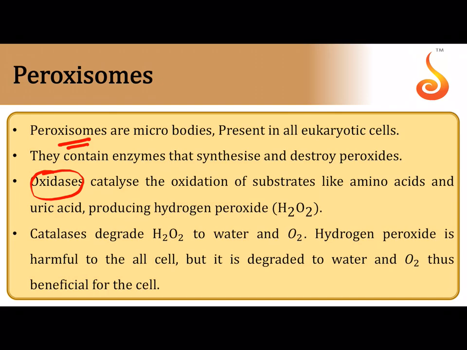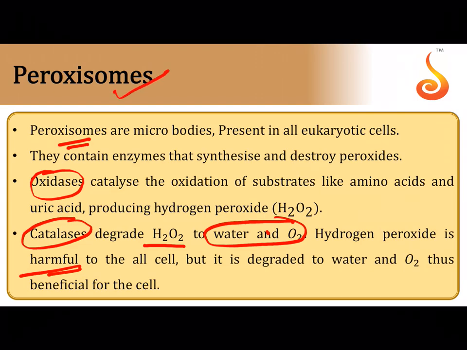what did I say? Peroxide. There are enzymes which degrade peroxide within the peroxisomes. The enzyme which degrades peroxides is called catalase. So two types of enzymes. Glycolate oxidase is an enzyme that synthesizes peroxide, and catalase is an enzyme that breaks down peroxide to obtain water and oxygen. If hydrogen peroxide is synthesized beyond a point and it is stored in the cell, then it can be harmful to the cell. As a result, it is broken down by catalase enzyme. Remember,